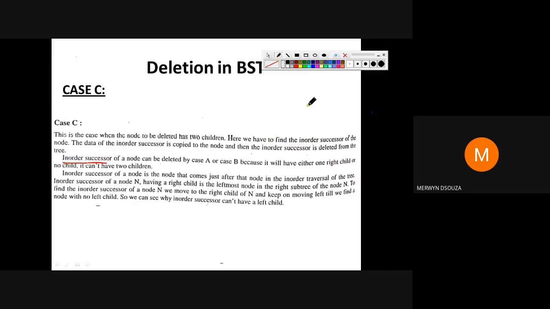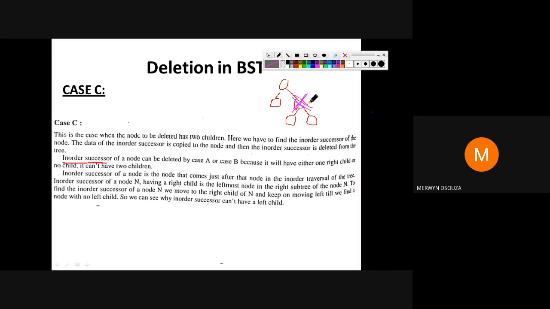Given a tree, you are told to delete a node that is going to have two children. So say you are deleting this node, for example. This node is having two children and you have been told to delete this.